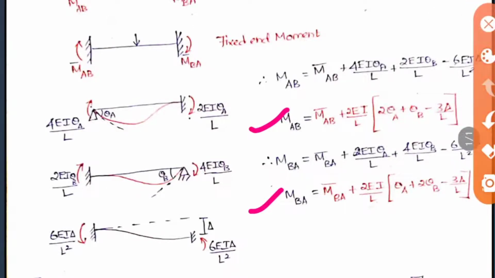Okay, so just consider like this. AB means near to theta A, 2 should be multiplied. BA means near to theta B, 2 should be multiplied. Okay, so based on this, only these two formulas are necessary for us. So we can just apply these formulas in any type of beams, any type of structure, and we can find the moments of that structure. So let us see this with an example so that it will be very clear.